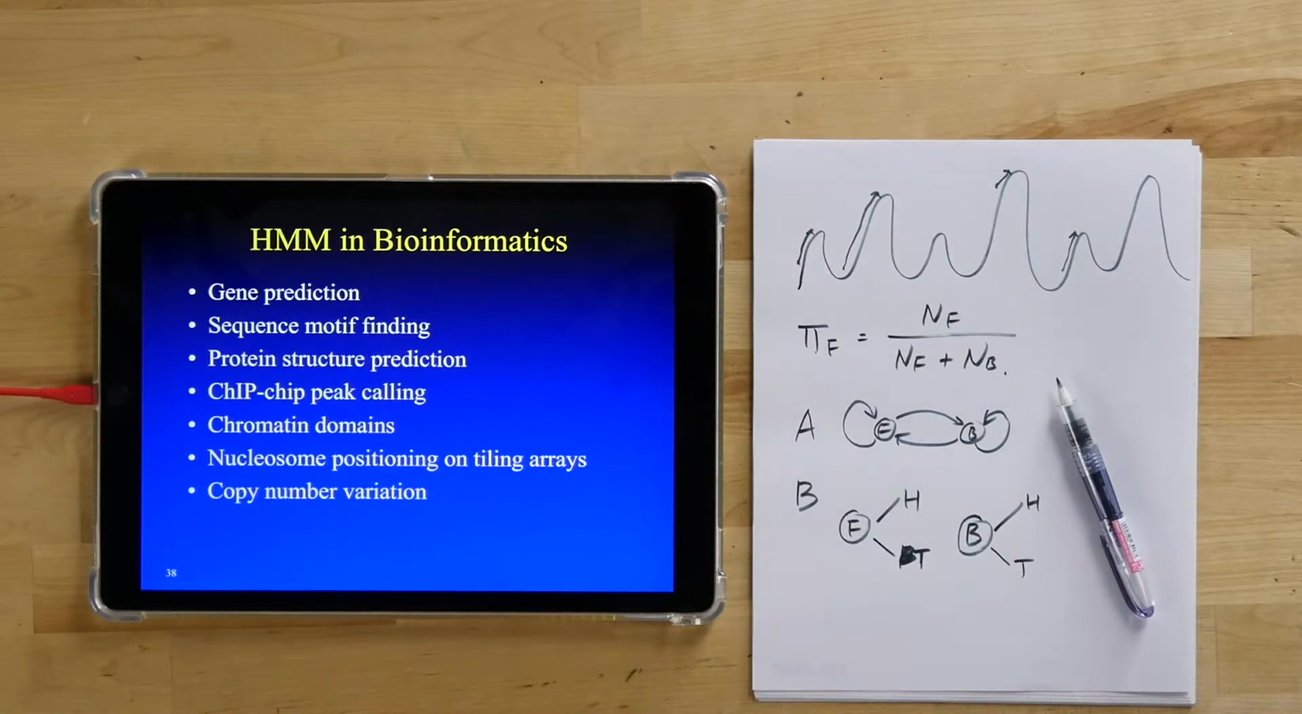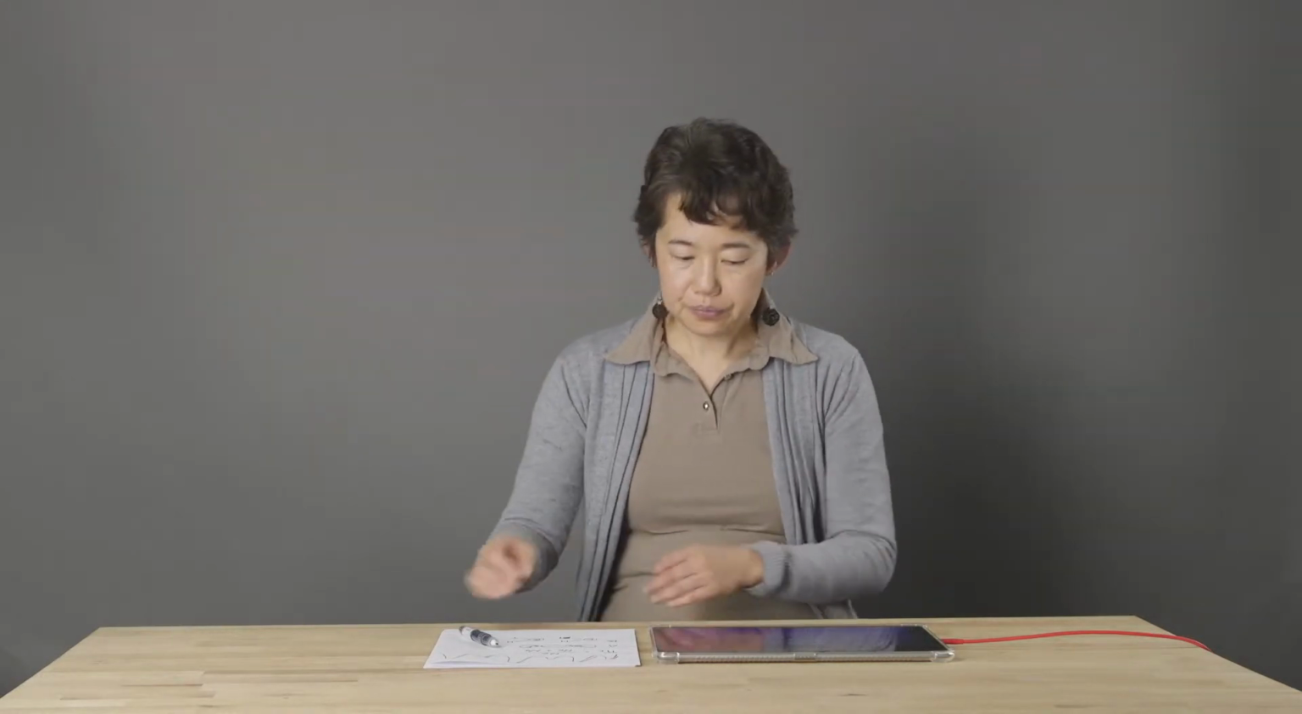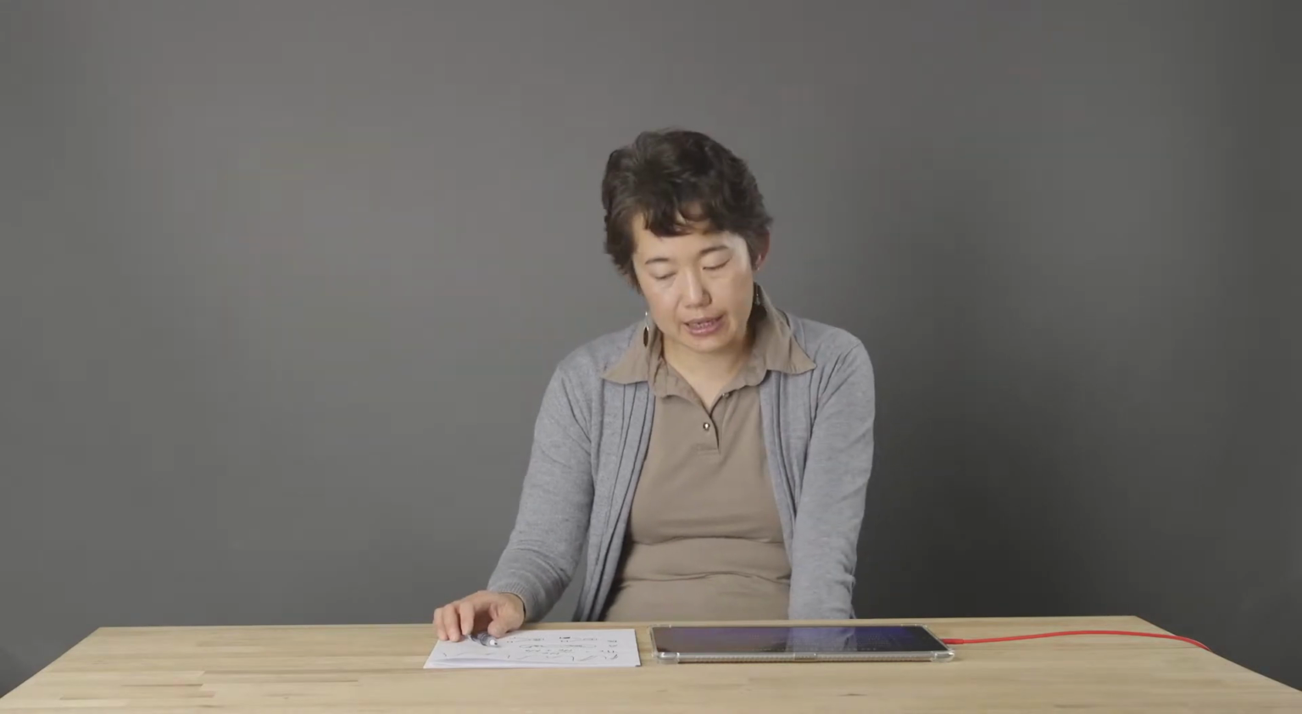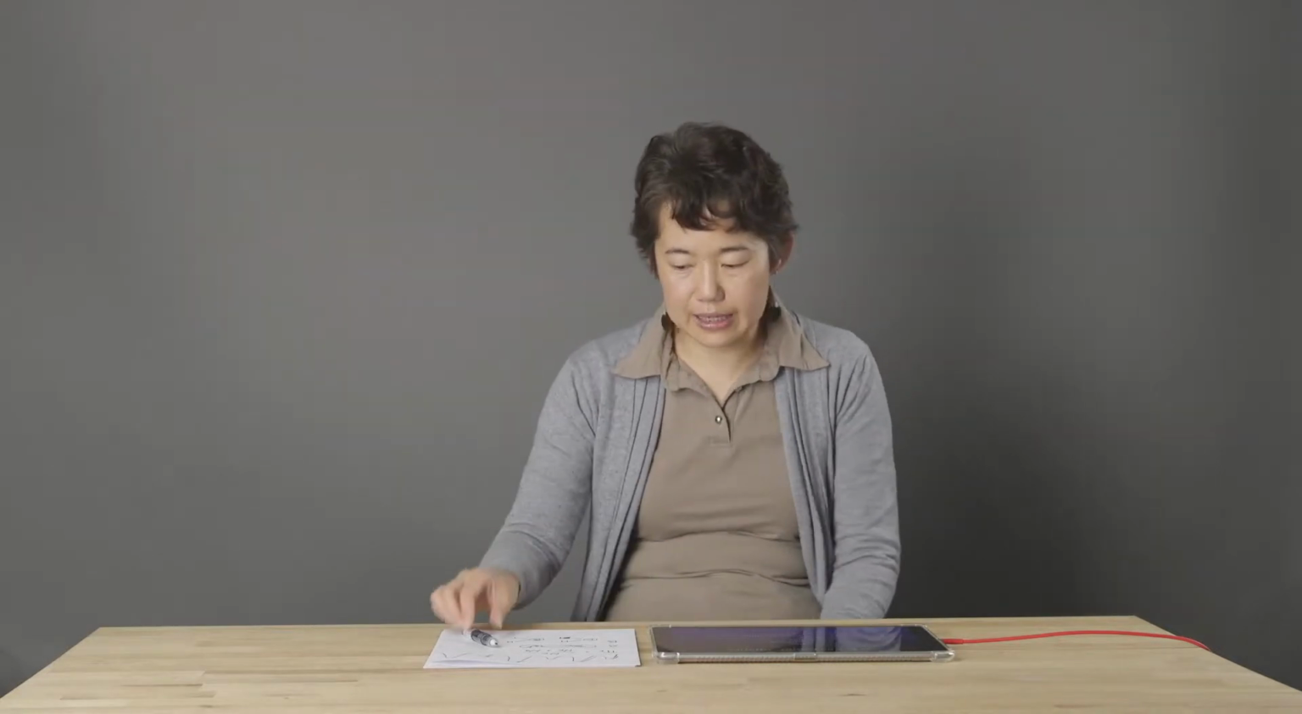Okay. So we mentioned there are a number of hidden Markov models that have been used in bioinformatics. One is for gene prediction. So let's think about how do we set the model for gene prediction? By the way,